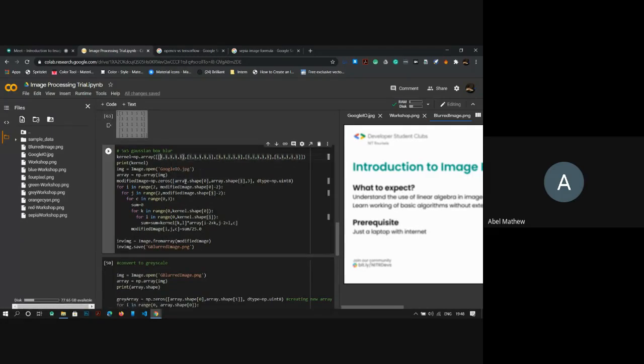Let us try 3 cross 3. I'll leave it for some other day. I'll show the matrix.